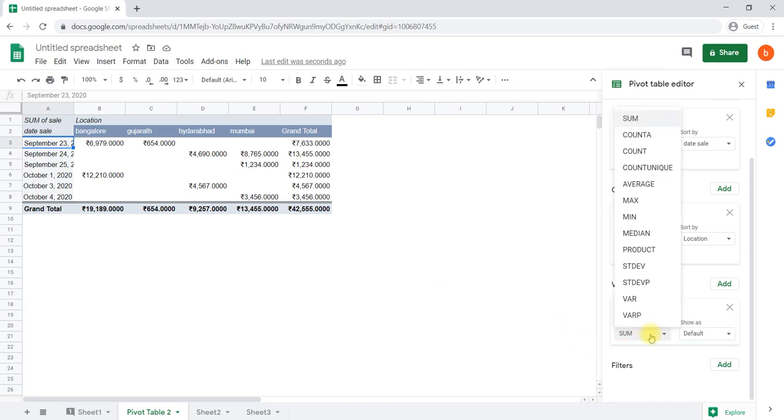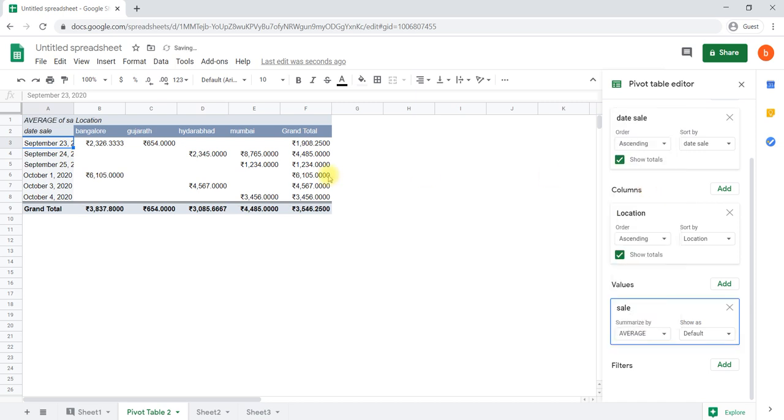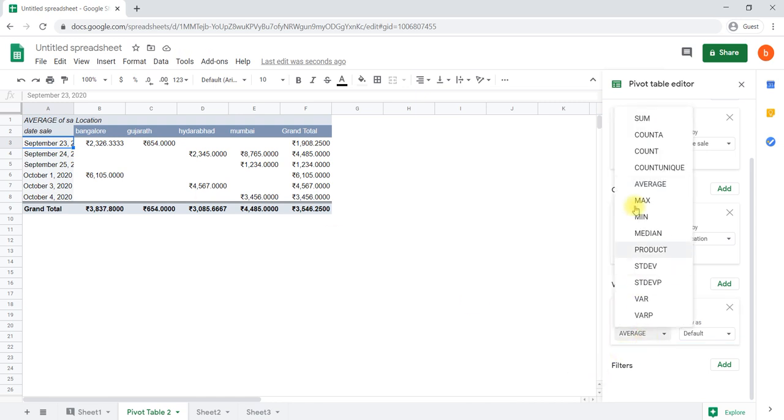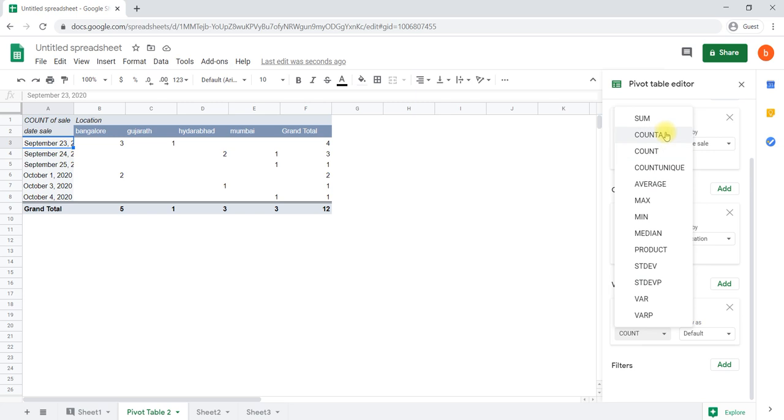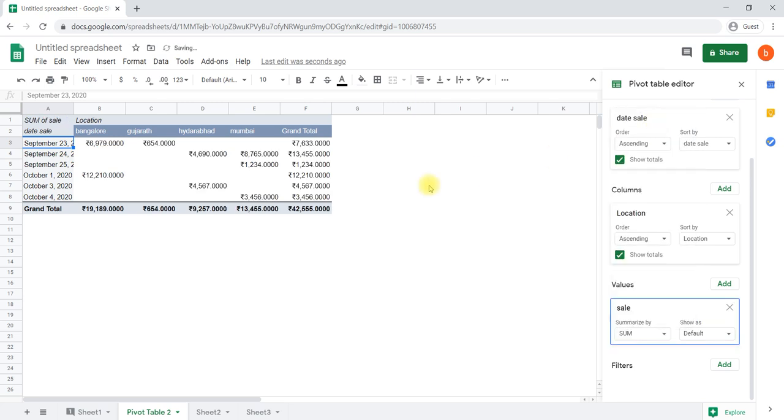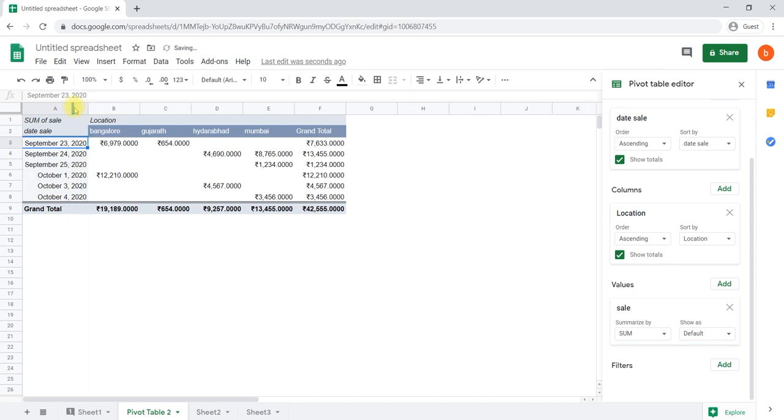If you would like to make it average, then select Average, so that the average sales in each location is taken. If you select Count, the number of orders placed by each location is taken. If you say Sum, it is the total sales that happened in each location on that particular day.